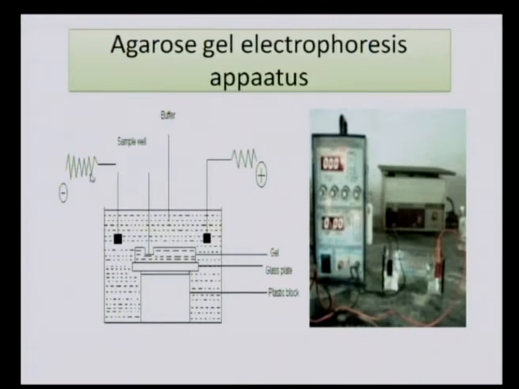The moment you allow the current to flow through these electrodes connected to the buffer junction, the DNA sample gets separated. On the right side you can see the apparatus and the setup how it looks like. The same thing as in the case of your PAGE, we have a power pack as well as an electrophoretic system. But here this electrophoretic system is nothing but a submerged or submarine electrophoretic system. Why? Because in this agarose electrophoresis the gel is completely submerged inside the buffer. That's why this is called submarine gel electrophoresis.